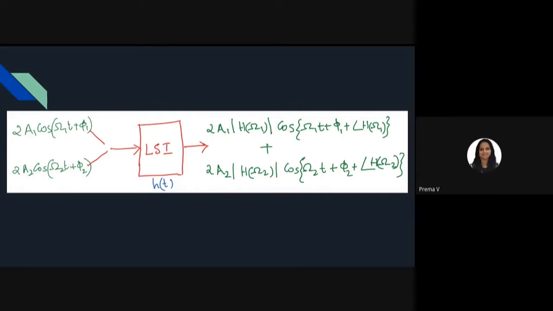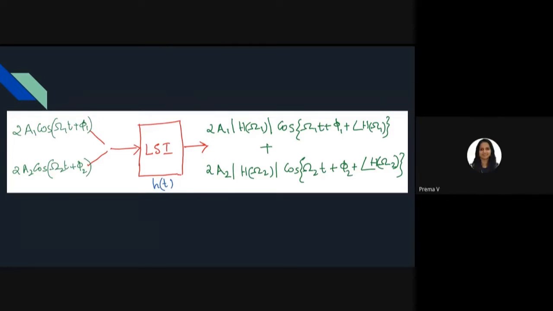So here you can arrive at a very important point: if you can decompose an arbitrary input into different sinusoidal components, the output is a linear combination of sinusoids with the same frequencies as the input frequencies. The analysis will become very simple if you decompose any arbitrary input into a combination of sine waves. This is very obvious in the case of Fourier series.